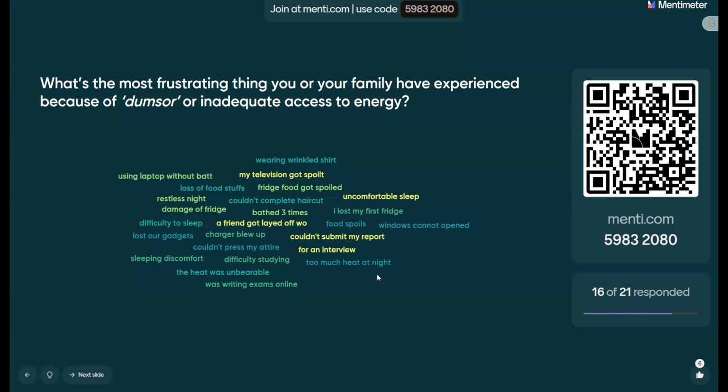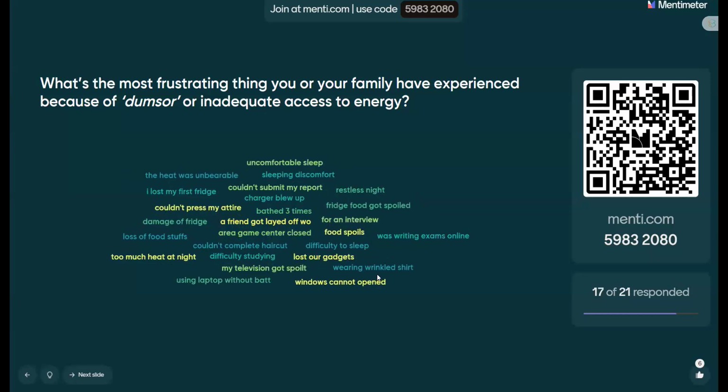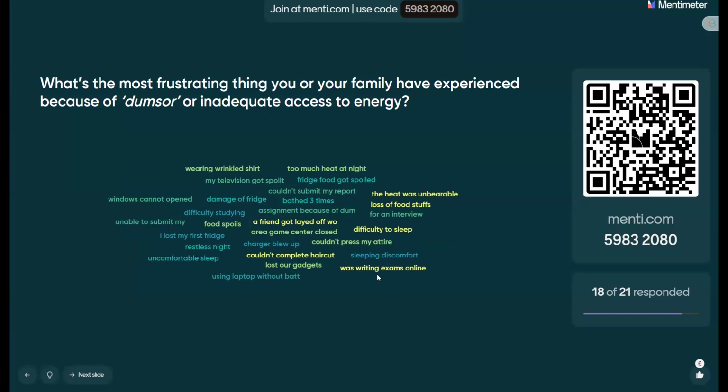I'm making you write this for you to understand something. Of course, we use the next 5 minutes, and I'll ask maybe 5 people to talk about the experience when the lights went off or when you didn't have access to energy, what happened? And you get to know that having access to energy is not a theoretical thing. It's not a choice. It's a must for everybody. The light should be on for 24 hours, because without it, it can change almost everything. Some people have lost job interviews because the light went off.